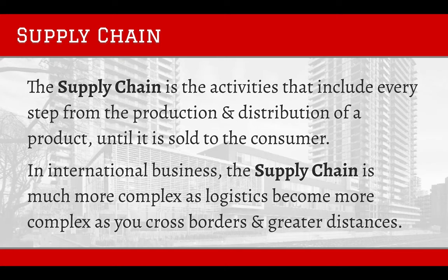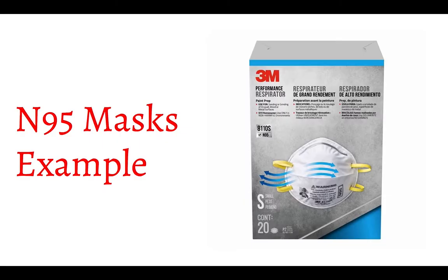And then understand that in international business, it's going to be a lot more complicated because you're crossing borders, there's greater differences, there may be other companies involved, and the logistics of this supply chain are challenging. So it can be helpful to maybe look at a particular product to understand how it is made,